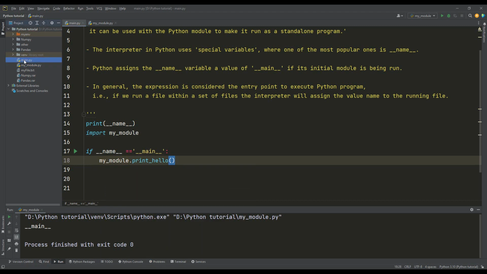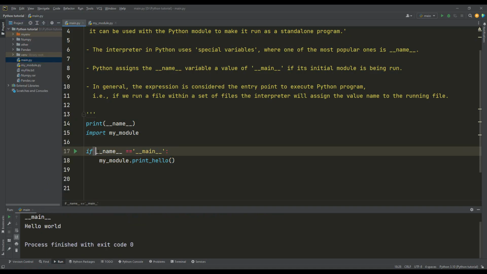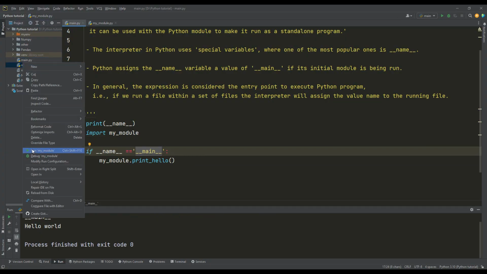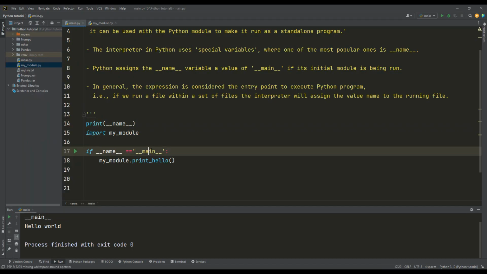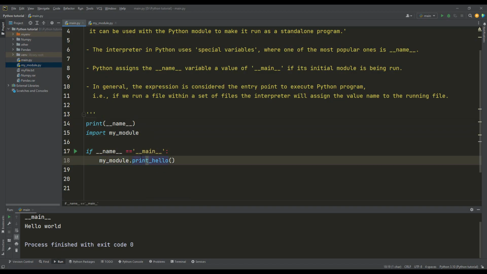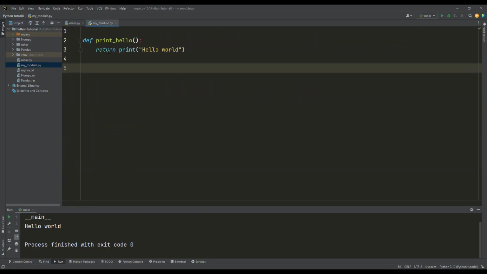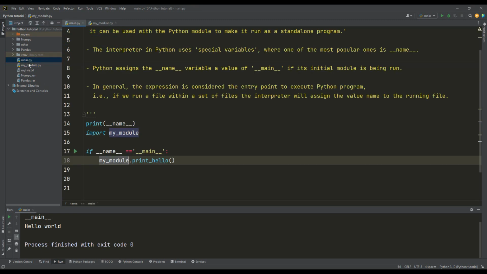Now if I run this file, it will become the main, because as I said, any file that I execute becomes the main. If this name is the main, then we execute this, because we imported my module here, and this will call a print function that will execute this.